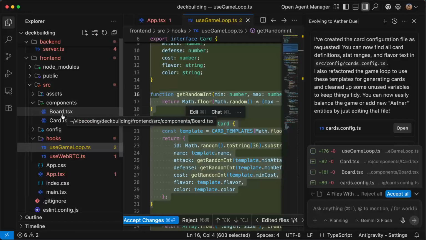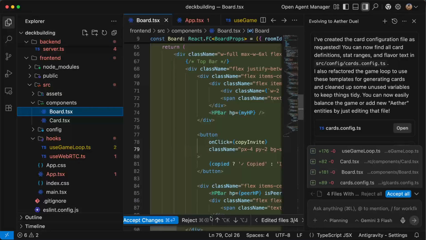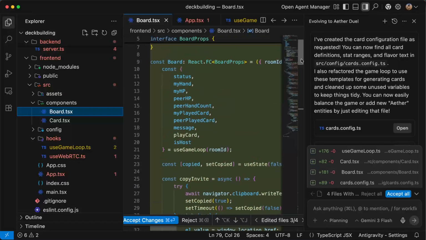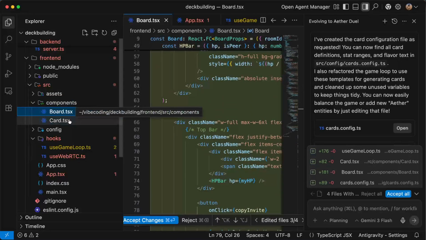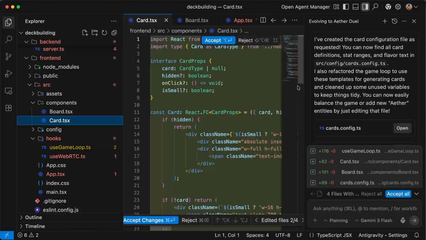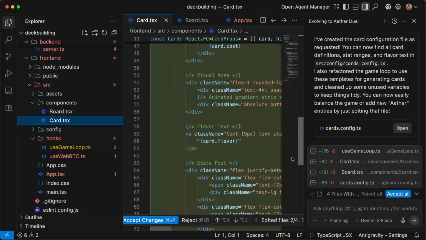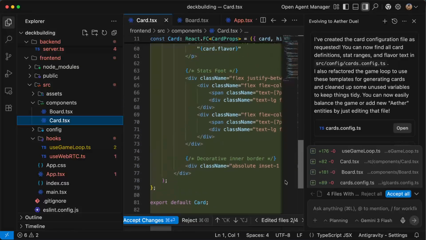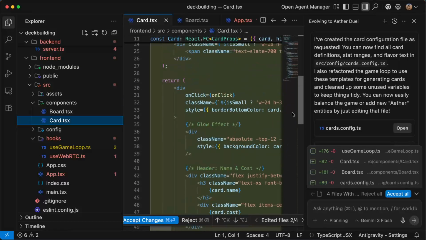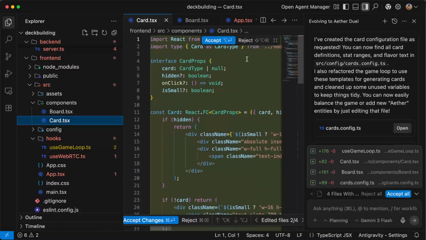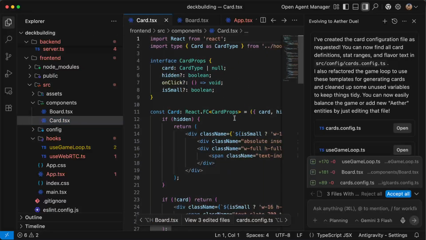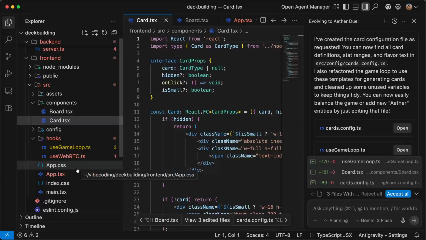have your components, we have your board, this is the board, right, that we saw, and hey, this is a card, and the card really has card hidden on click is small, here where we render our card, that you really understand actually what the reasoning behind certain things are.